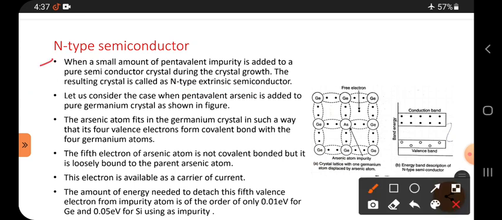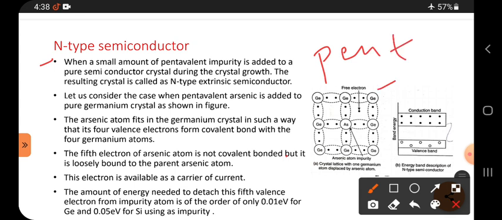See, what is meant by "when a small amount of pentavalent impurity"? The impurity definitions and the intrinsic and extrinsic semiconductors I explained in one video. So please watch that video, then you can understand what impurity is. Okay, here, pentavalent impurity,